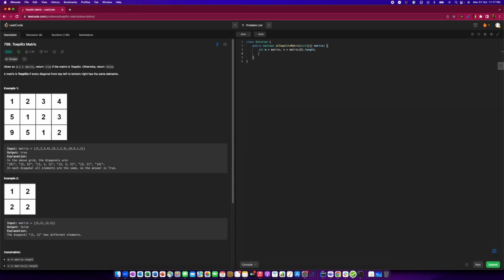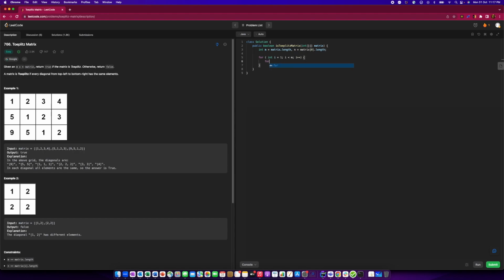This will give us the dimensions of the matrix. Then I'm going to write for int i equals 0. I have to start from 1 rather. So i less than m, i plus plus,